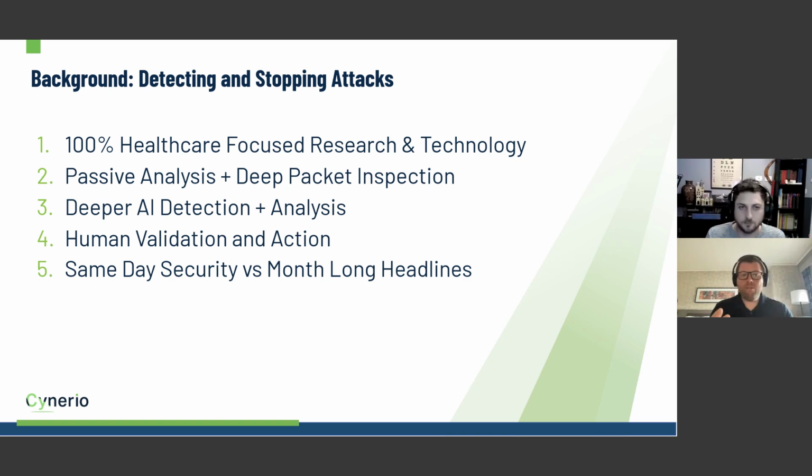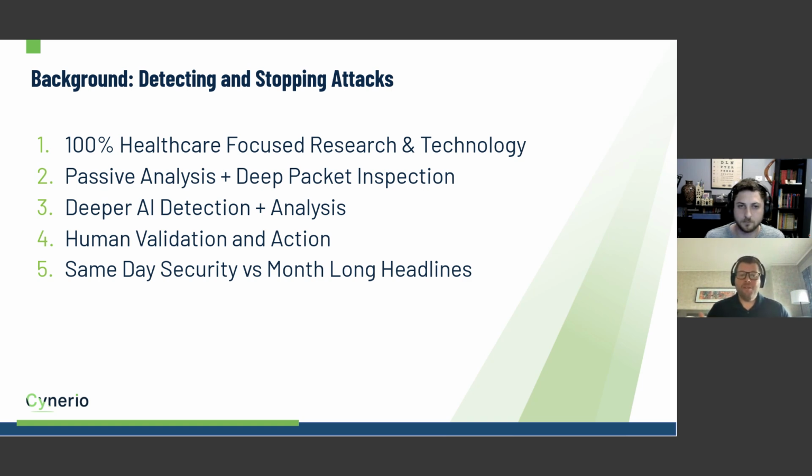We analyze data using something called passive analysis, so we don't interfere with network traffic, and then do deep packet inspection in an automated way with the technology. We pull out a subset of metadata, analyze that in the cloud using deeper AI detection and analysis. Once we have potential findings there, we then hand it over to the Scenario Live team, Asher's team, for human